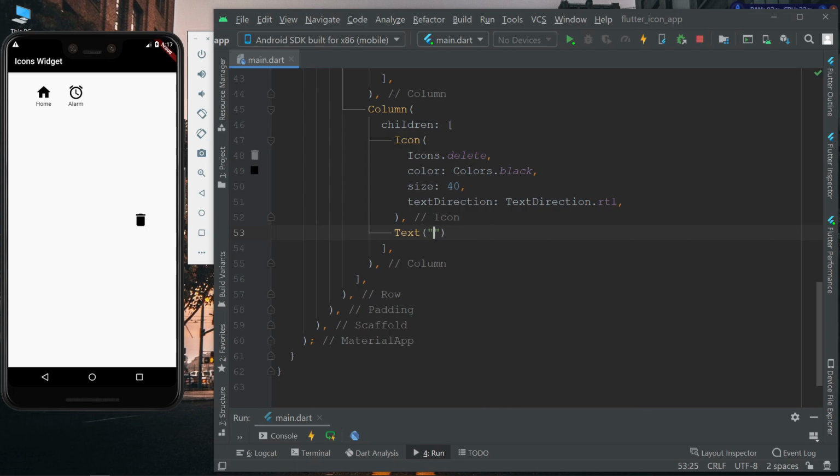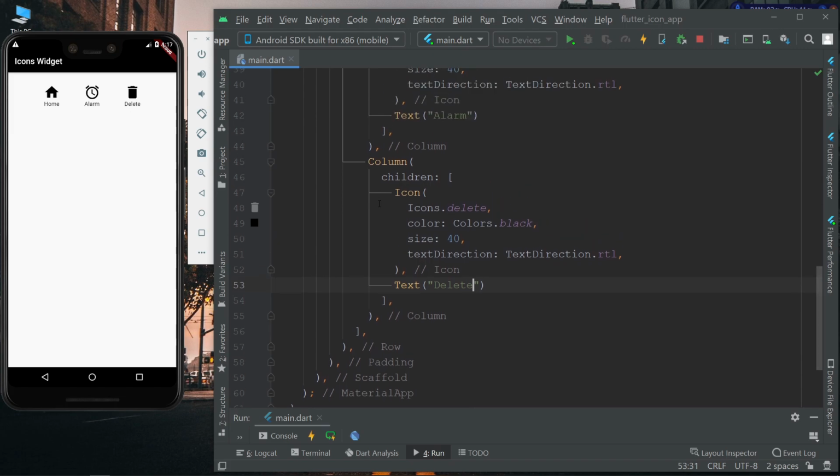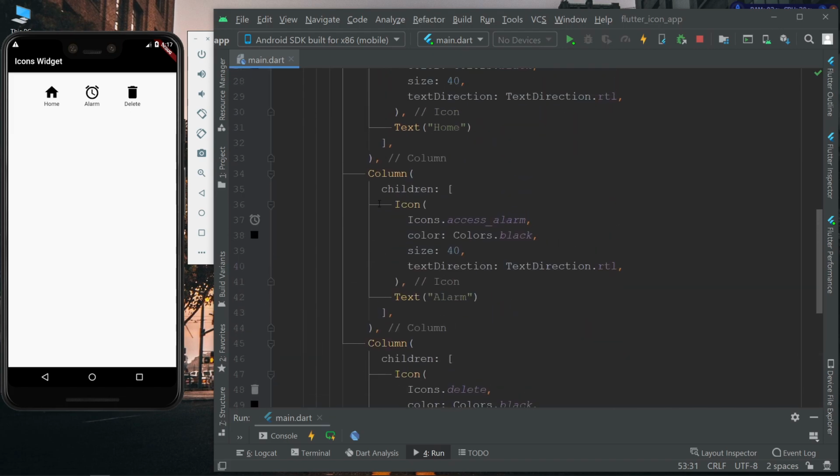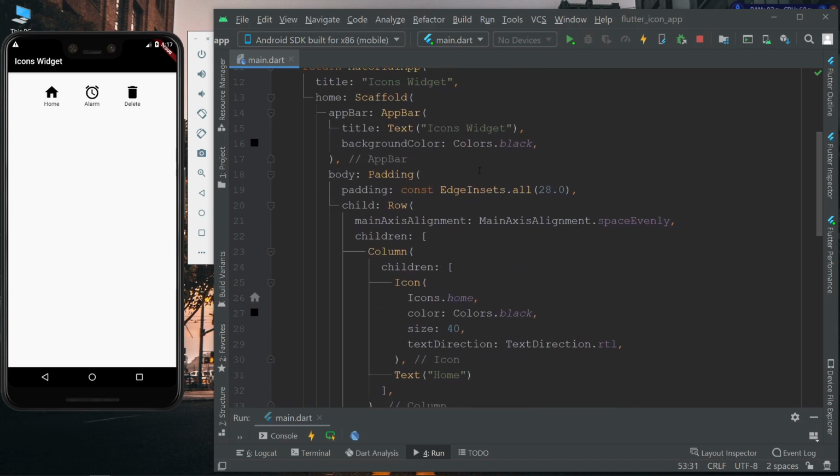We'll give some text. Now you can see we have given text to these icons. This way you can create different types of icons and specify the values that you want.